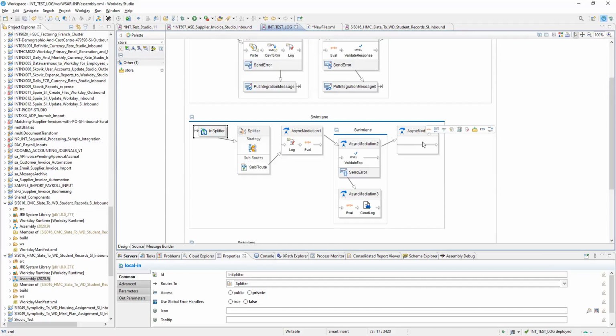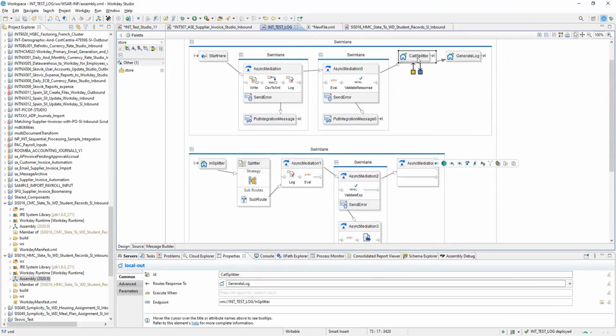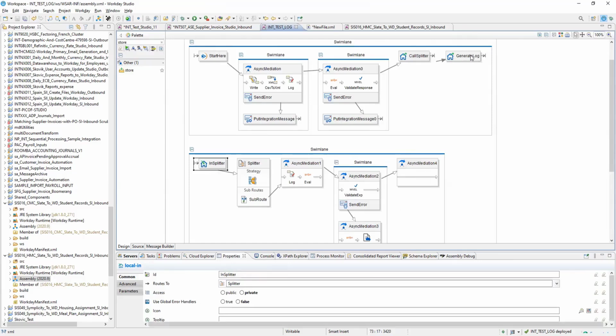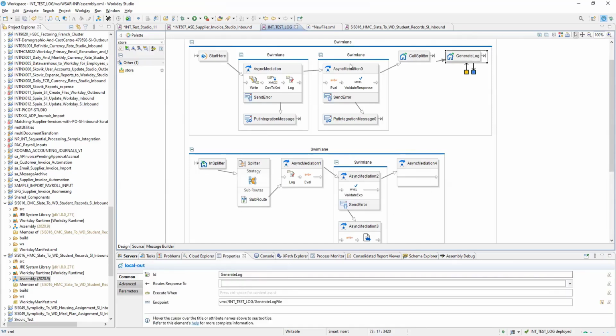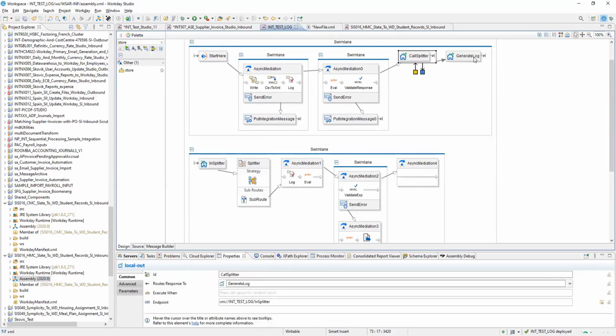But if you have a separate call, then until this full step finishes, only then it will go to the next generate log. So the way it works is, start here, come to call splitter, execute this step. Once it is done processing, the flow will go back to call splitter and after that it will go to generate log.